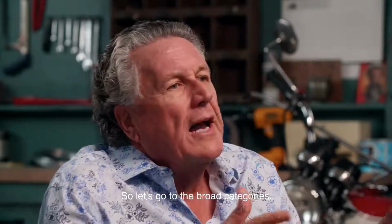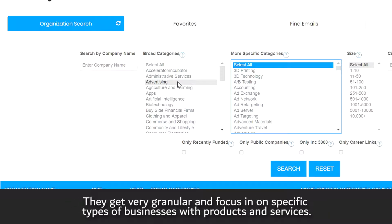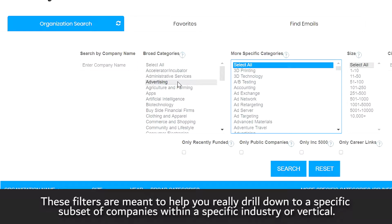So let's go to the broad categories. Focus on an industry. The more specific categories include more than 1,000 different categories. They get very granular and focus in on specific types of businesses with products and services. For example, you'll find things like coffee, collection agency, even comic books. These filters are meant to help you really drill down to a specific subset of companies within a specific industry